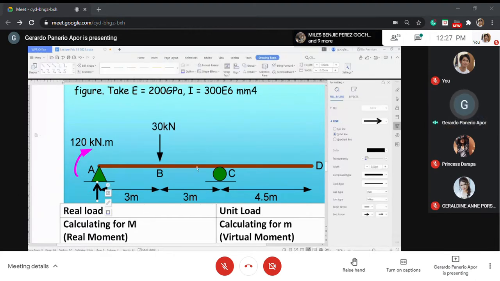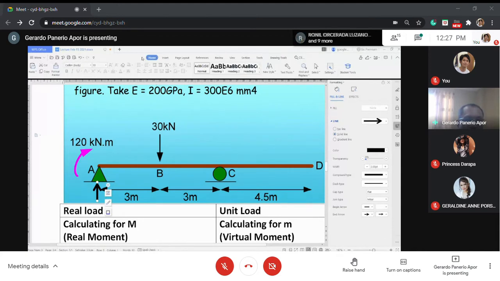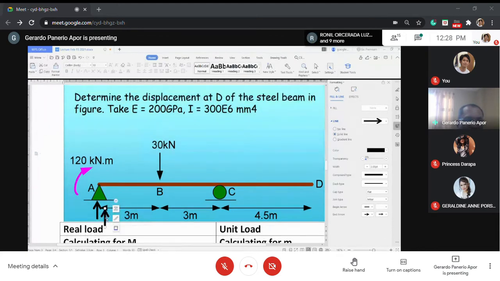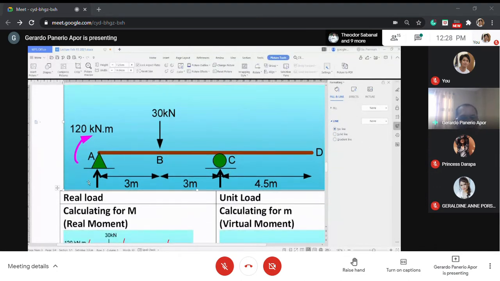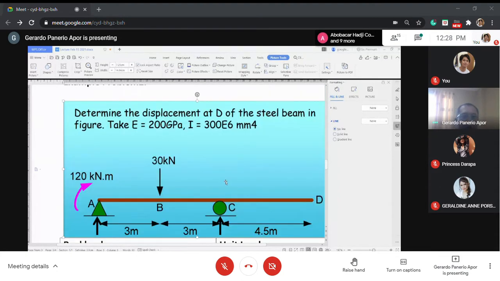Now C is a support also, so there is a reaction also. We call this the reaction at A, and we call this the reaction at C. So the problem is